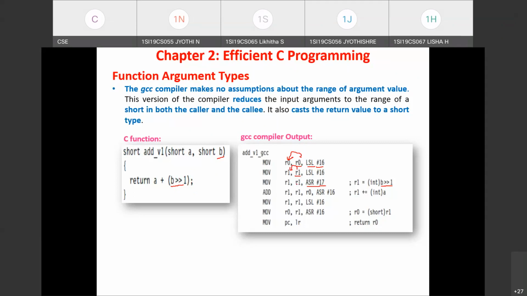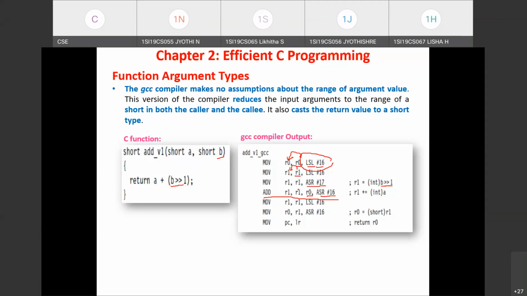After that, we need to add this value to the 16-bit value held in R0 register. So far we have performed only logical shift left 16 times on R0. We have not yet performed arithmetic right shift on R0. That's what we are doing in this instruction. R0 content is taken, arithmetic right shifted 16 times, so that the value is reduced to signed 16-bit range.